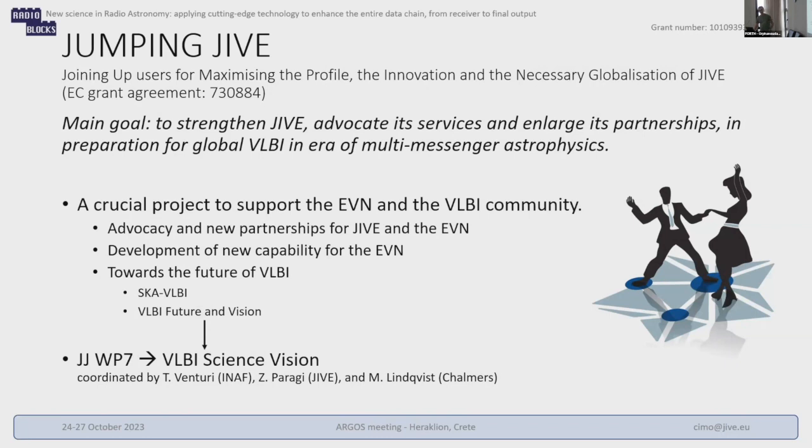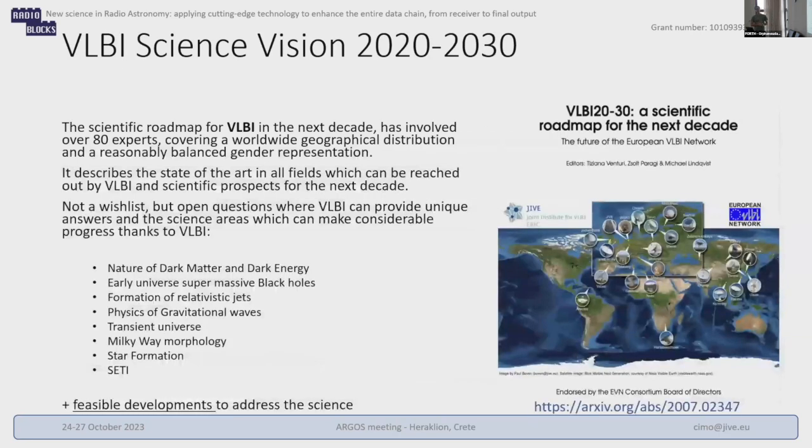And this is Work Package 7, which developed not the EVN science vision, but the VLBI science vision. That was coordinated by Cristiano Ventura at INAF, Giuseppe, and Marguerite Chalmers. So this is a nice document. It's not a PDF anymore, but a very nice book. It's not as tall as the SKA ones, but it contains the roadmap for the next decade for VLBI in Europe and beyond. It was developed by more than 80 experts covering a worldwide distribution